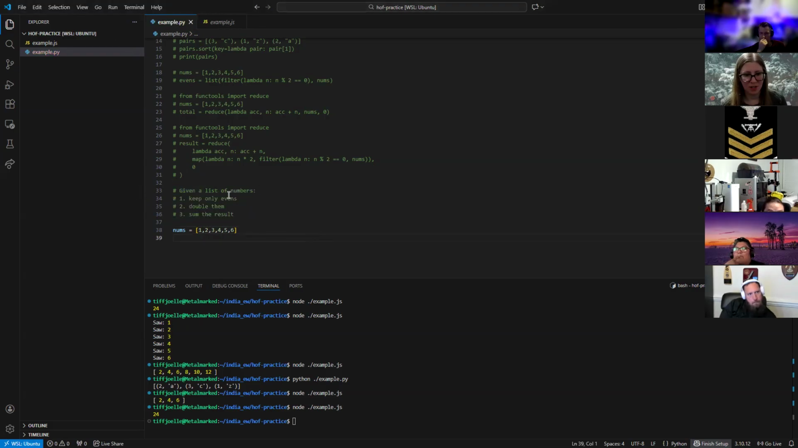Okay, so given a list of numbers, we want to keep only evens, double them, and sum the result. So let's start with something first that we can apply to every element in this list, every item in this list. We're going to double everything, okay? So with our list comprehension, we want to double each number